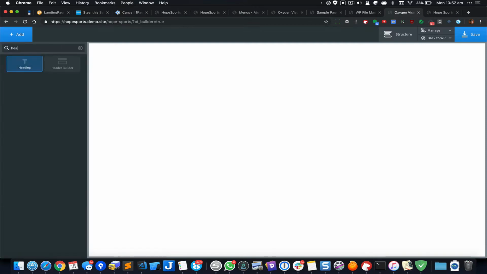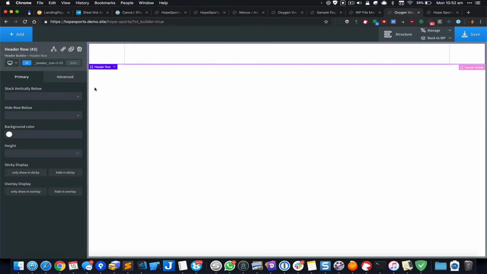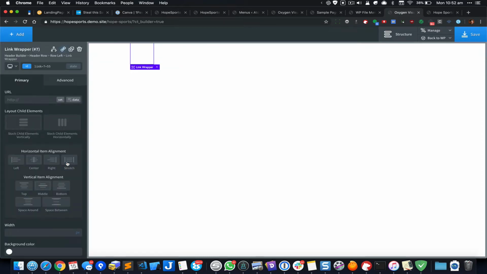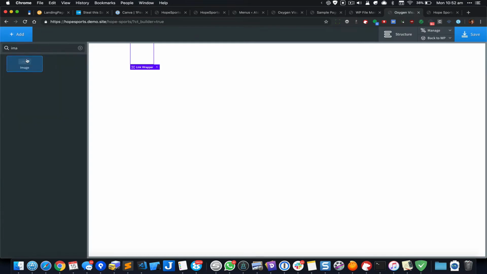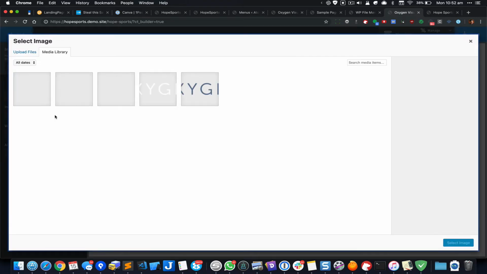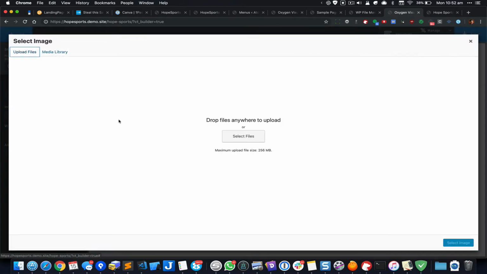Okay, so let's first click on add and search for header, and I'm going to add the header builder component, and inside this I'm going to add a link wrapper. So the URL for this, we'll just set this to slash, which will basically link to the home page, and inside this we're going to add an image, and I am going to browse and select